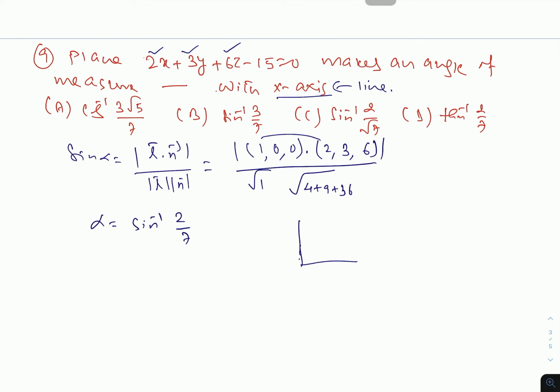So we can have like this. If this is sine inverse angle, so this is 2 by 7, and so this angle is 49 minus 4, so 45. So 9 5s are 45, so it is 3 root 5. So can we write now this is equal to cos inverse 3 root 5 by 7, and there is option A. So answer is option A. Okay.